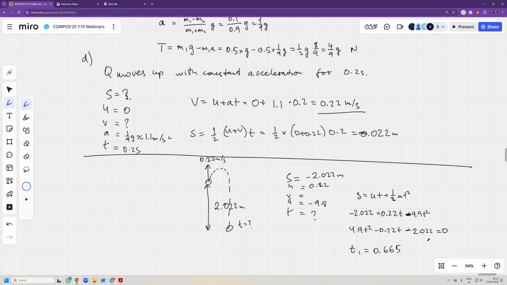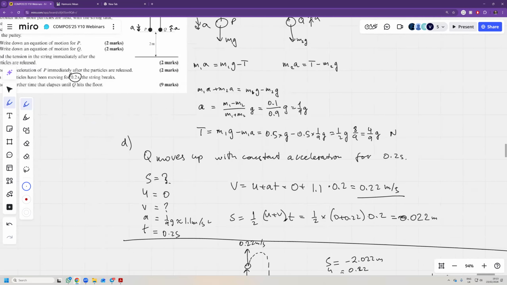0.665, or the other answer is negative. So T2 is minus 0.620, which doesn't make any sense. So it takes another 0.665 seconds to hit the floor. So basically, P goes down, Q goes up. Q goes up, it gains speed, but then the string breaks, so it goes up a little bit and then falls back down. And hopefully I haven't made a mistake, but